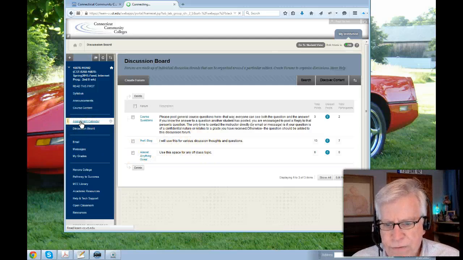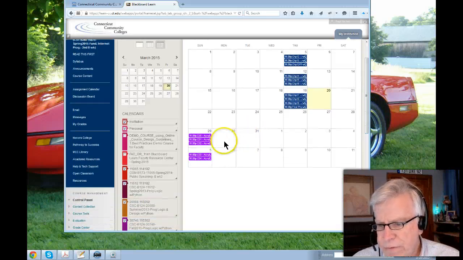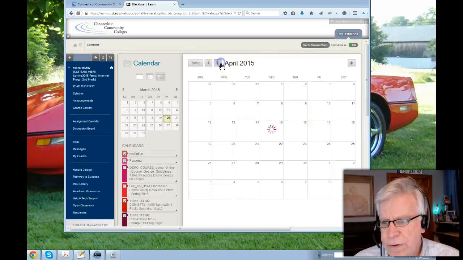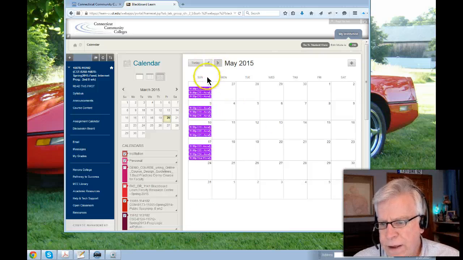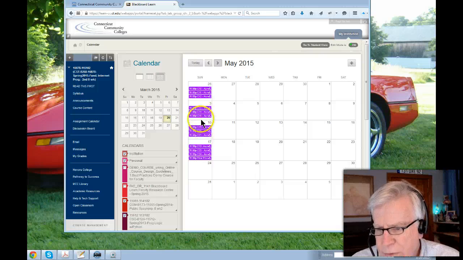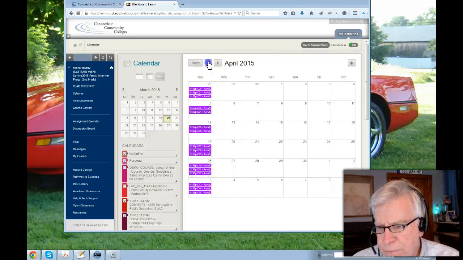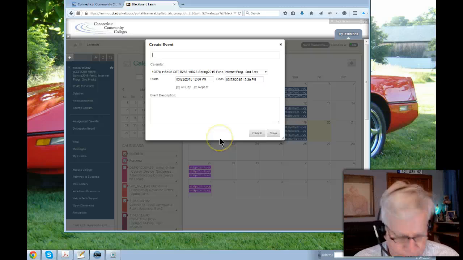There is a link for the assignment calendar. A couple of the students said they really appreciate this, so you'll notice all the assignments are due on a Sunday. This is for March. Here is for April. And here is for May. And what's really nice here is you can see the way you read it, C23, C22, C21, that you can actually see what chapters are coming up for each. So these are the due dates of the assignment right here,